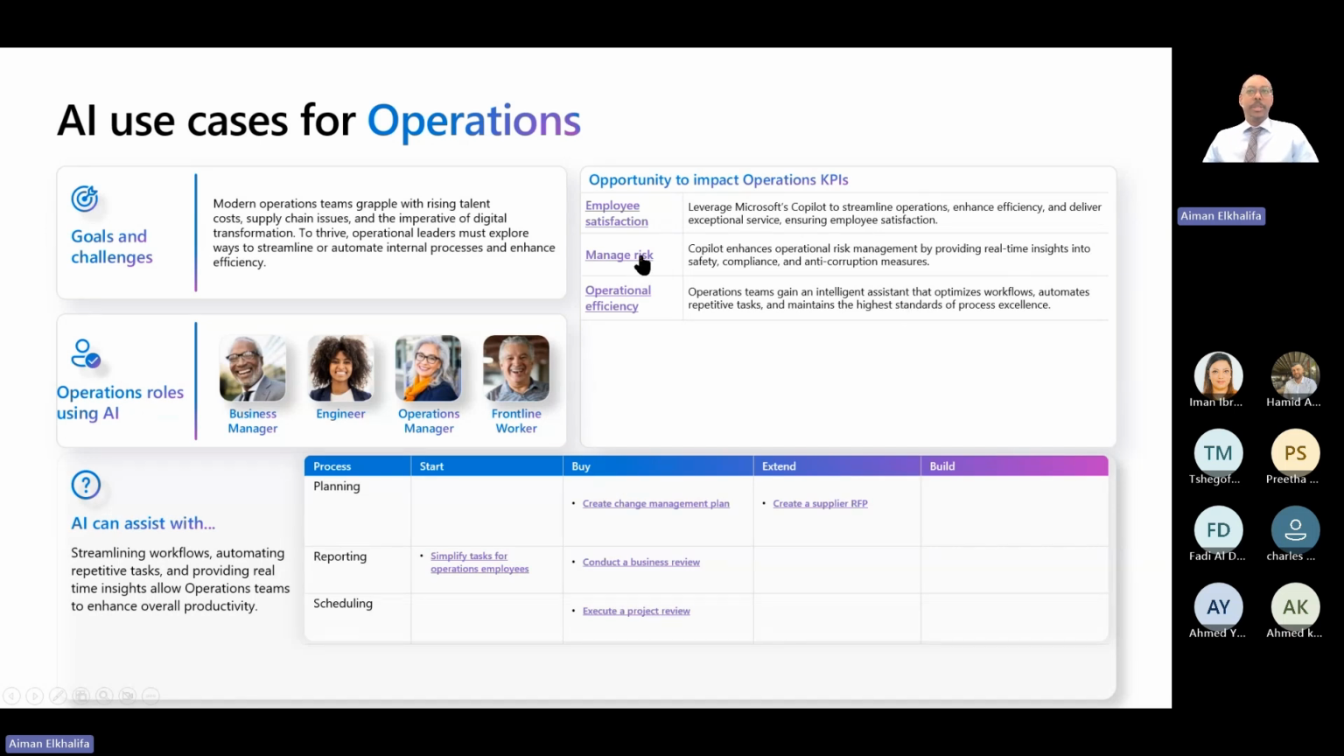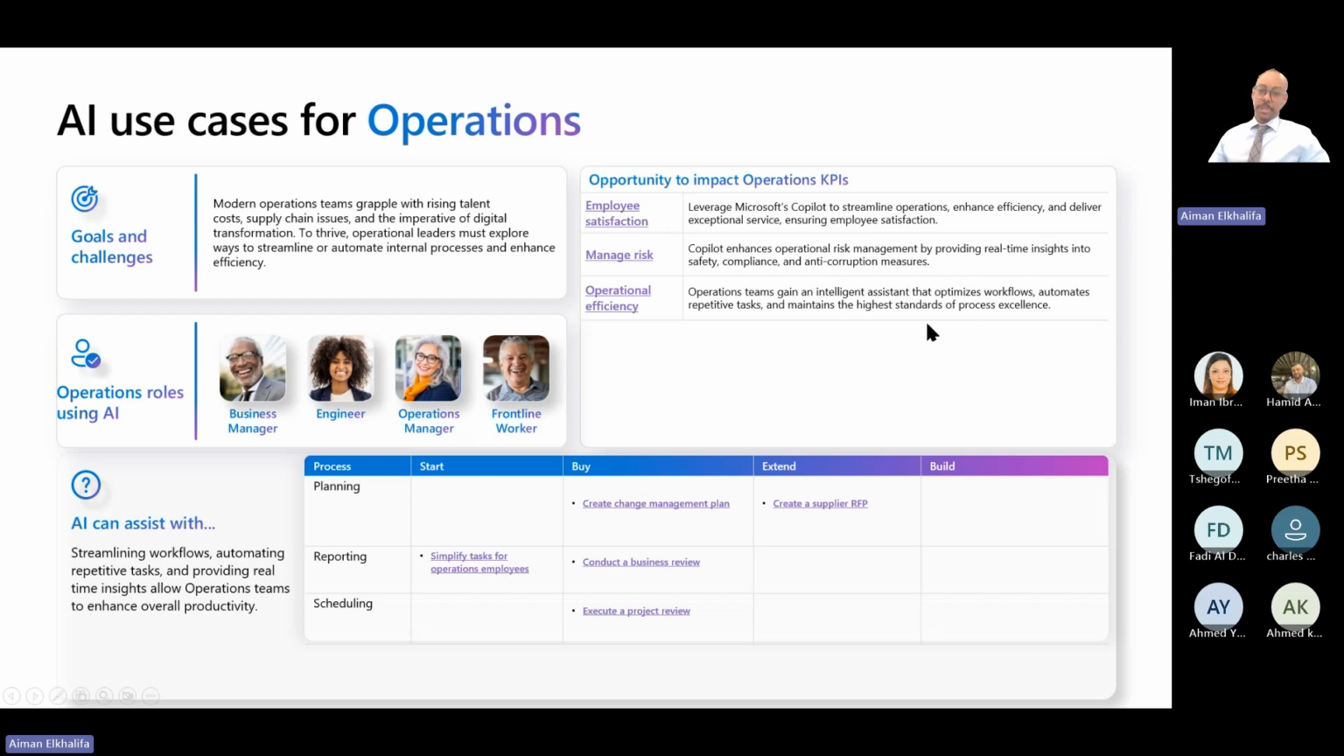Copilot will help you manage your risk. It will give you real-time insights into safety, whether you're compliant or not, and anti-corruption measures as well. When it comes to operational efficiency, you will gain an intelligent assistant that optimizes your workflows, automates the repetitive tasks that you do, and maintains the highest